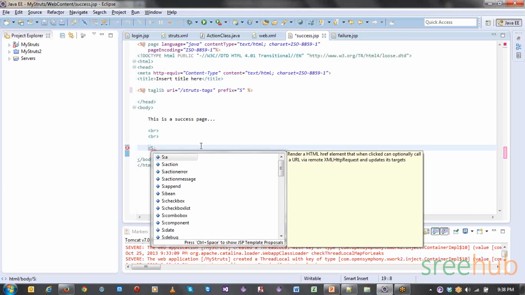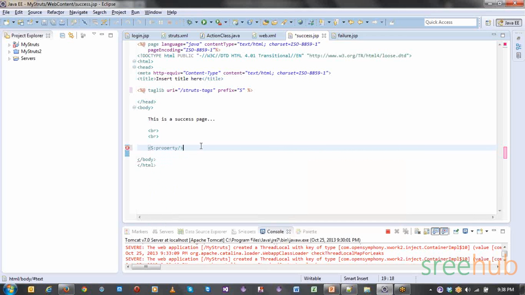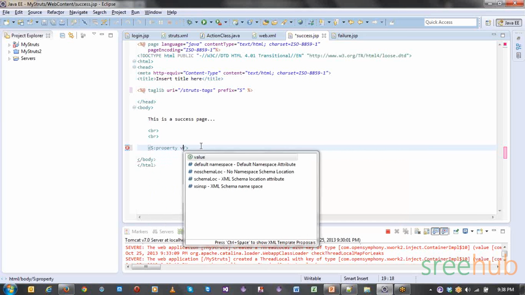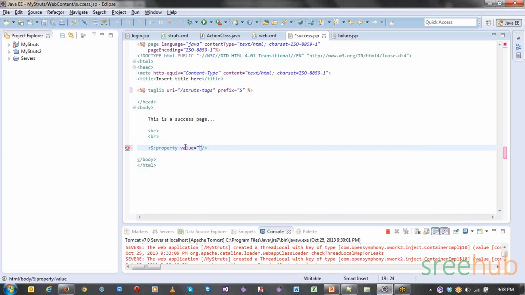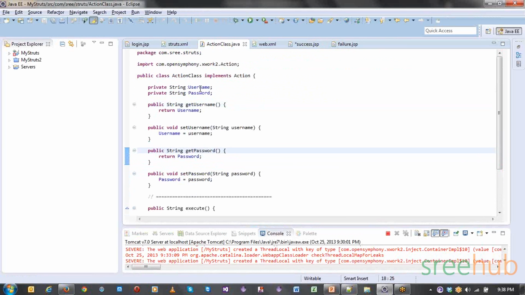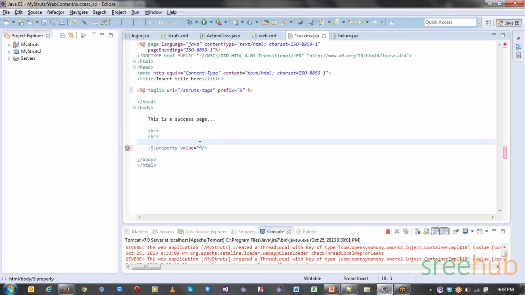Now here you have something called the property tag. In property you have something called value. Now value is nothing but which parameter value we are actually checking out. Now let's go back and you have to get the same name called username. I want to get the username value here. You can just give it as a user value. Now this will be taken as a direct HTML tag. Now you can just mention here user